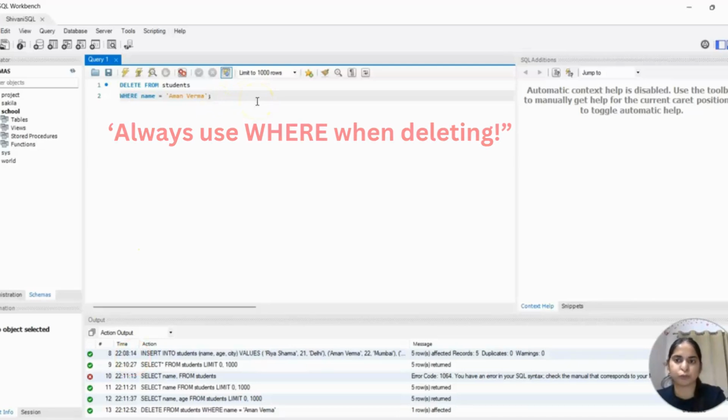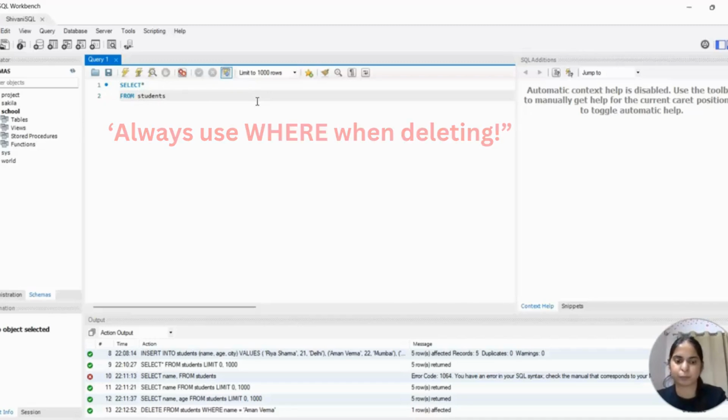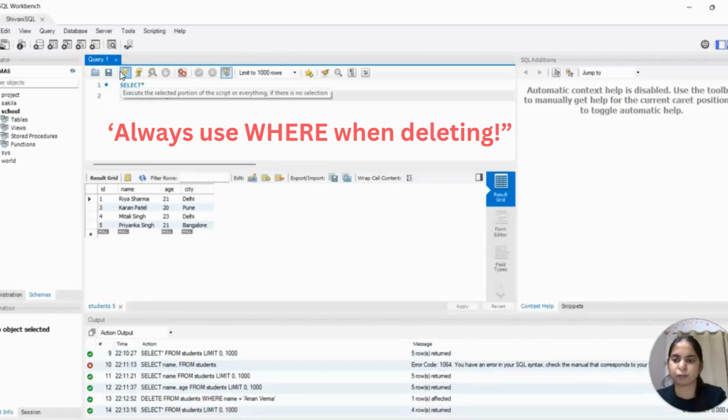And now we are going to view that by again using the select command, from students, semicolon. Now you can see that Aman Verma is not there.